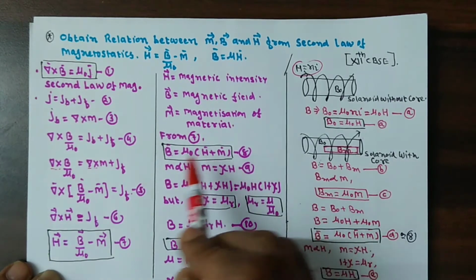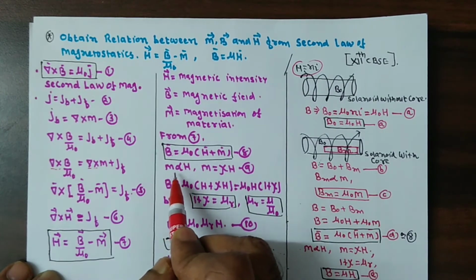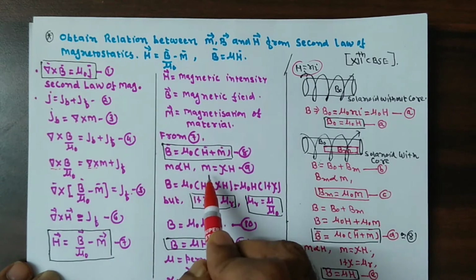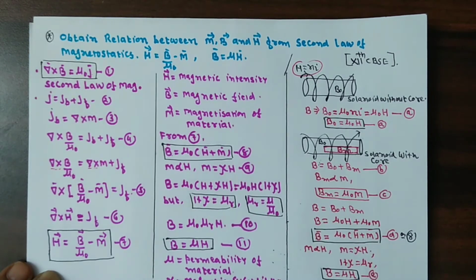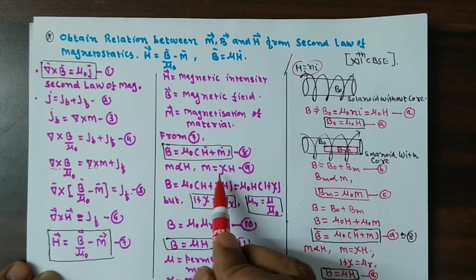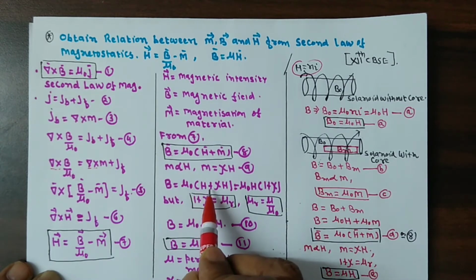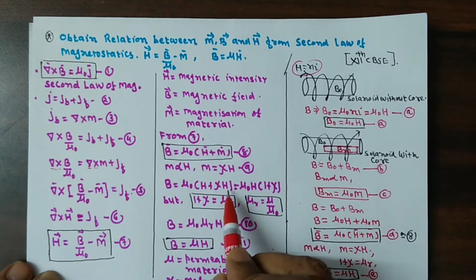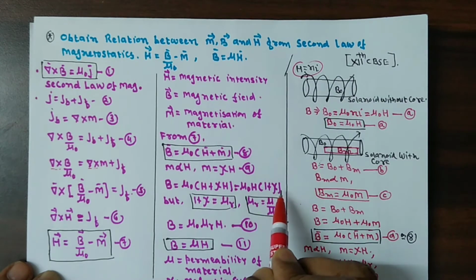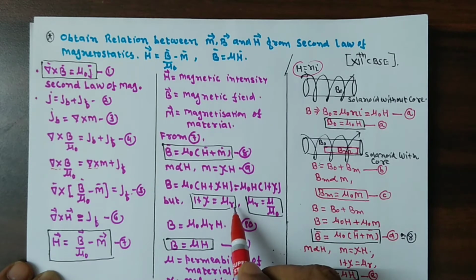Okay. Now from equation number 7, we can write B equal to mu 0 (H plus M). Now magnetization is proportional to magnetic intensity. So magnetization M equal to xi into H. What is xi? Xi is magnetic susceptibility. Okay, place the value of M equal to xi into H in equation number 8. So B equal to mu 0 into (H plus xi H), bracket is over, equal to, now let me say take H common here, mu 0 into H, (1 plus xi). But what is 1 plus xi? It is relative permeability. Okay, relative permeability of a material.